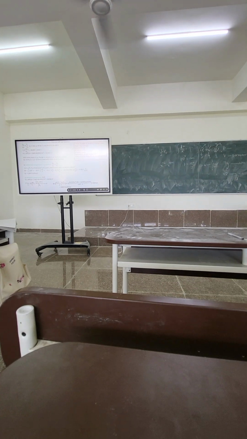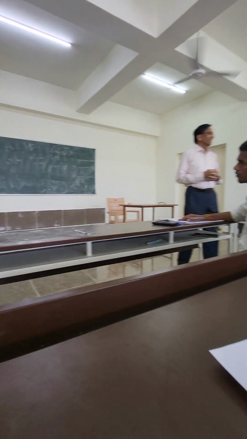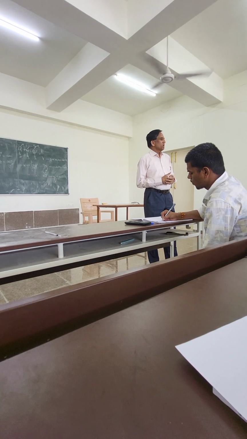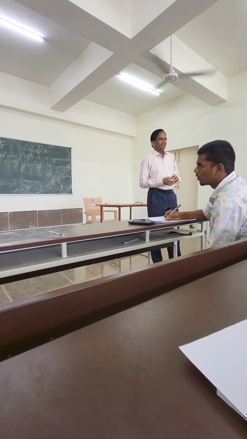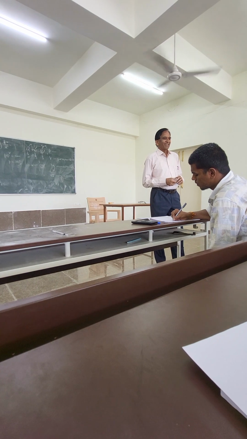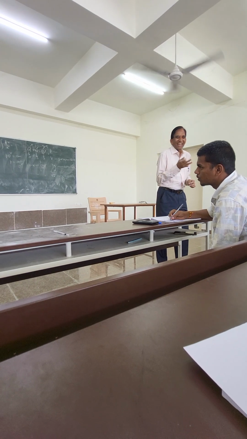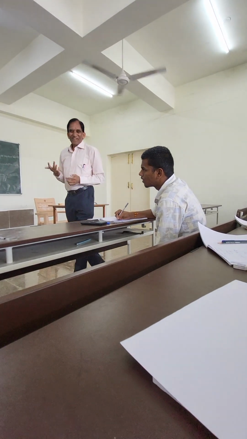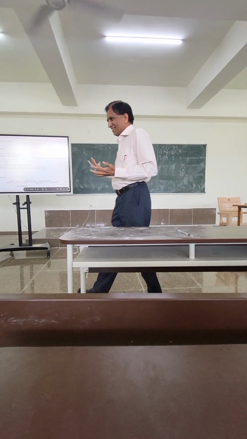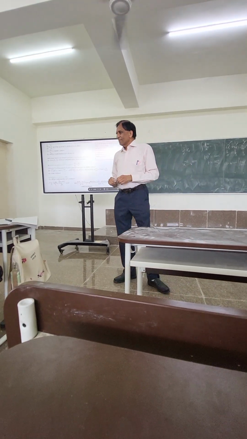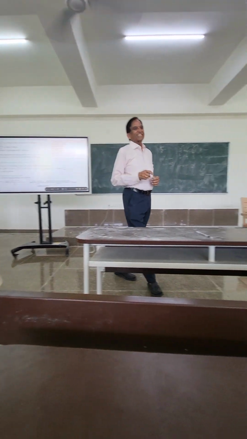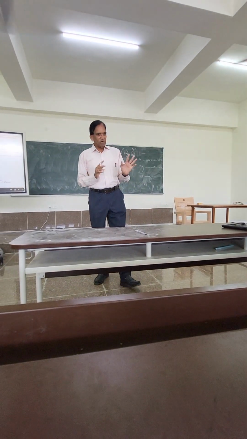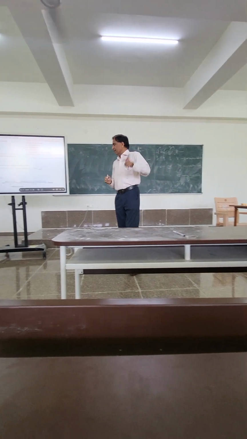Then what is gamma? CP by CV. 5 by 2 divided by 3 by 2. How much is 5 by 3? 1.6. What is the quality of education, I don't understand. How much is 5 by 3? It comes to 1.667. They will round it to 1.67. Okay. Have that number with you.